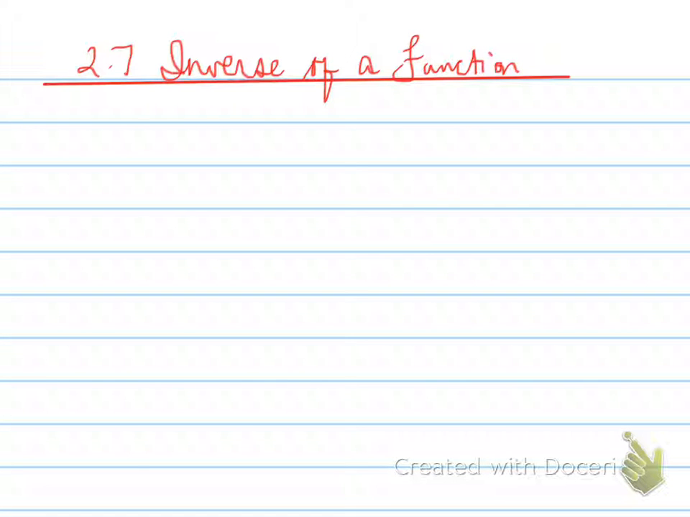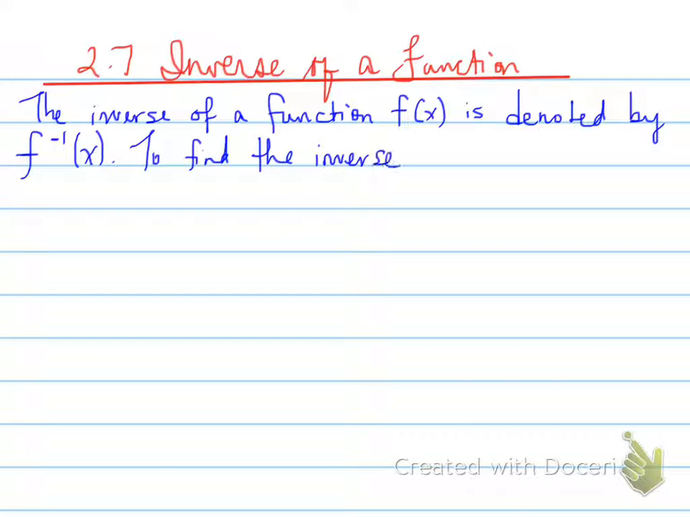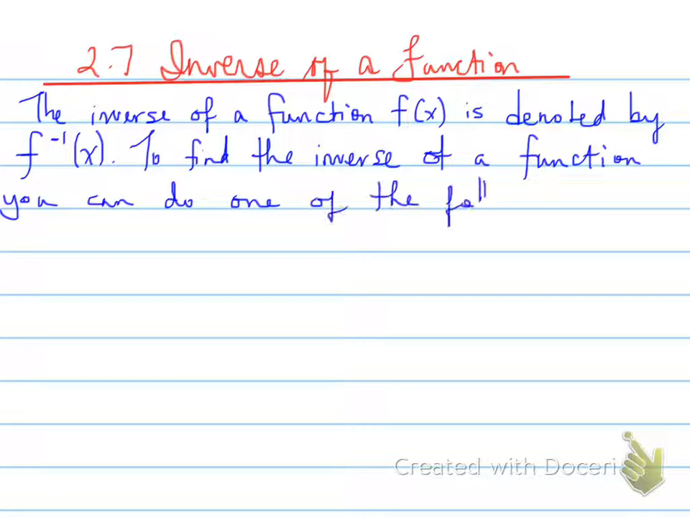All right, 2.7, inverse of a function. Now, the inverse of a function, f of x, is denoted by f inverse of x. So what you have is f with a little -1 of x. This, folks, is not an exponent, so very important to note. Now, to find the inverse of a function, you can do one of the following things, depending on what you're